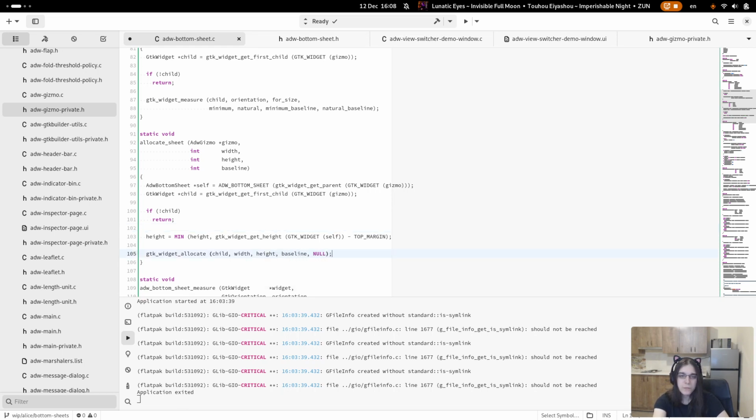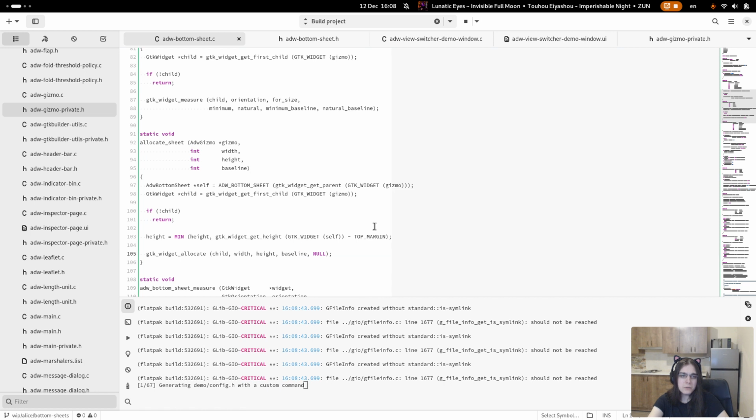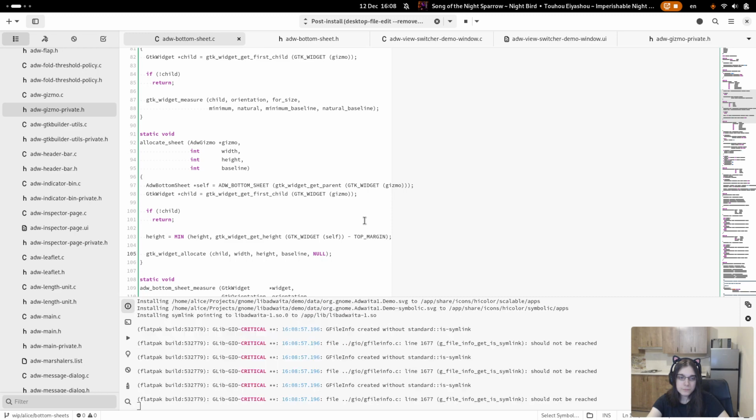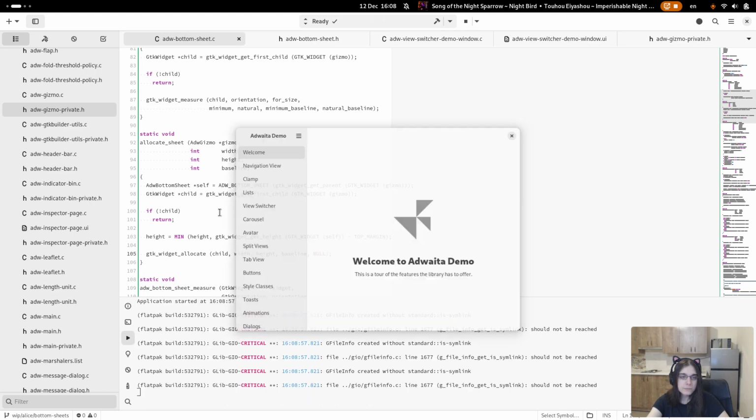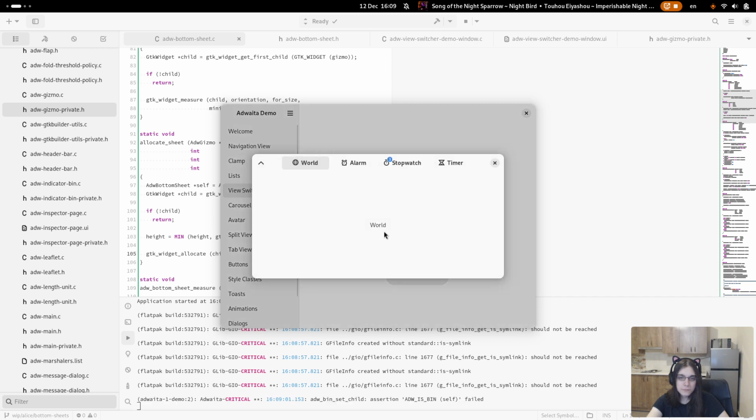Baseline null. Okay, so now if I haven't messed up anything, then now the child should not change the size while it's animating anymore.